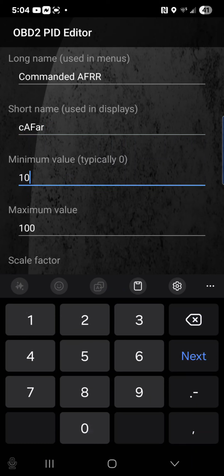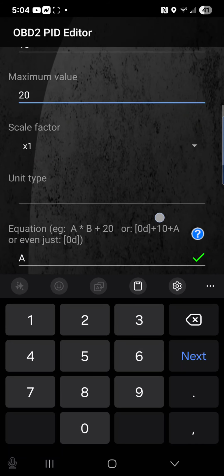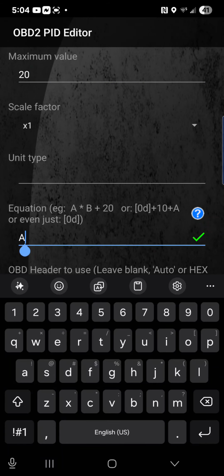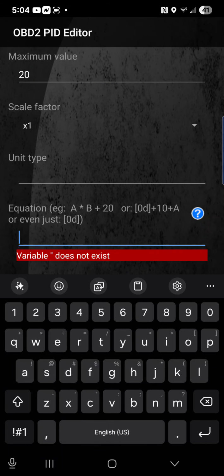So minimum, obviously below 10 is super rich. So I do 10. And I'll probably do 20, because at that point the engine's dead if it goes past 20. So now you go down to equations, and for this equation you're going to do,